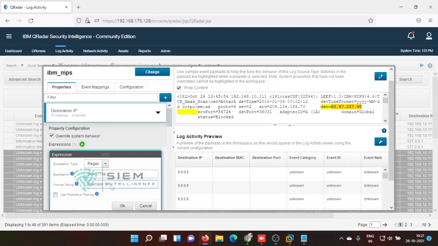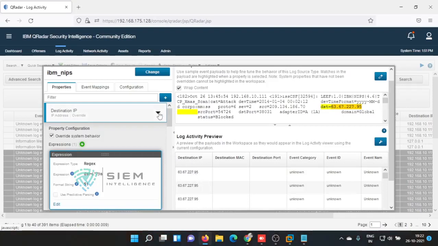In the regular expression in custom properties, we use capture group 1, capture group 2. Instead of capture group 1, 2, we are giving $1 and $2 here. Why? Because this is a DSM, that's why. See, example $1. What are you picking? You are picking the first capture group or second capture group or third capture group. For me there is only one capture group, that's why I am giving $1. Okay, if I press OK, what happens? See, it starts picking. Now it has started picking.